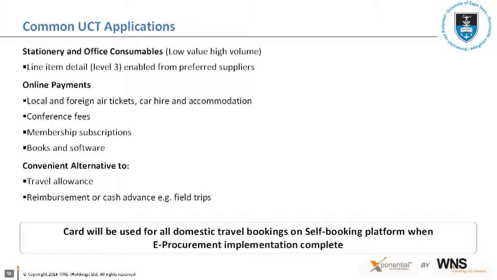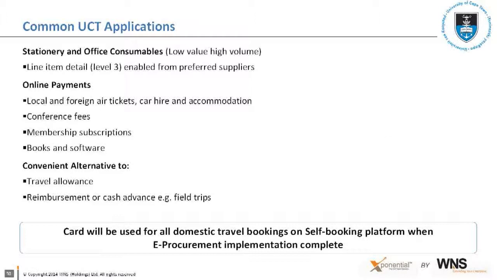Increasingly over these 12 years, it's become critically important for online payments, and because our academics particularly travel a lot, locally and internationally, it's been really important for all of those expenses. And conference fees, membership subscriptions, books and software, things like that. And we also allow it to be used instead of a travel allowance. But basically, we try and target anything that would have resulted in a reimbursement or a cash advance, such as